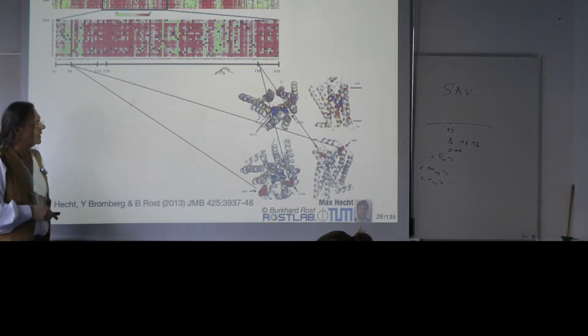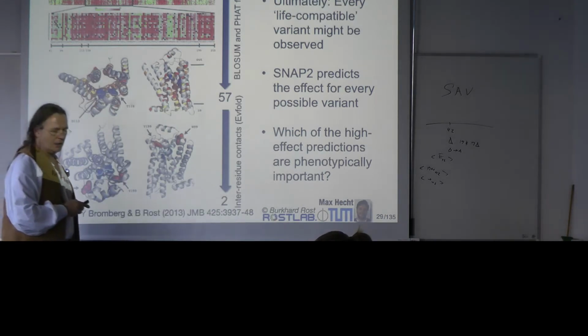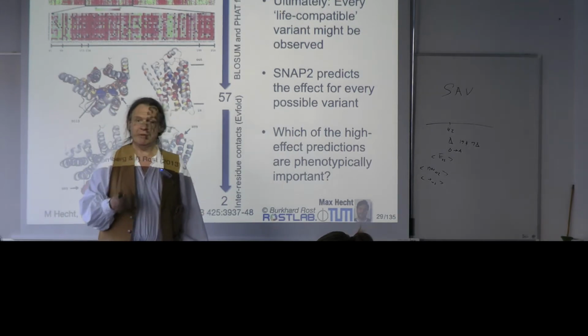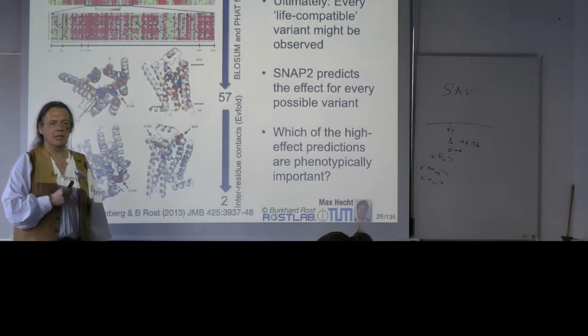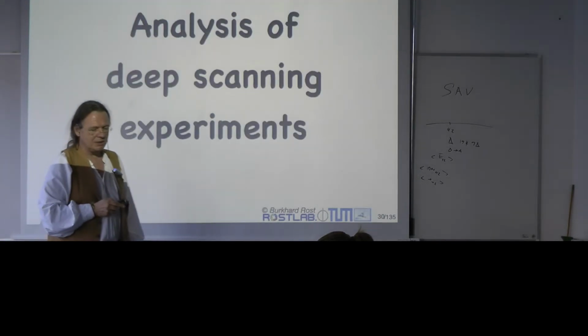If you have a structure for this particular example, and in this particular case, Max did that and came to a bunch of residues that really relate to the phenotypically relevant binding sites of that protein. So you can come up with a lot from a map that is so red. There's a lot of information in this mutability landscape.